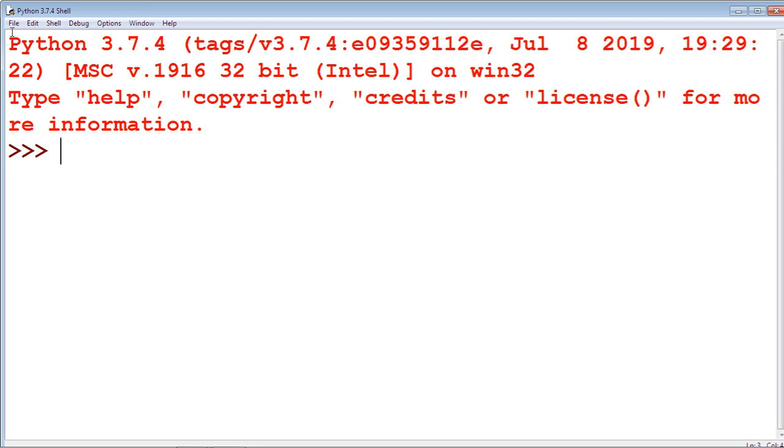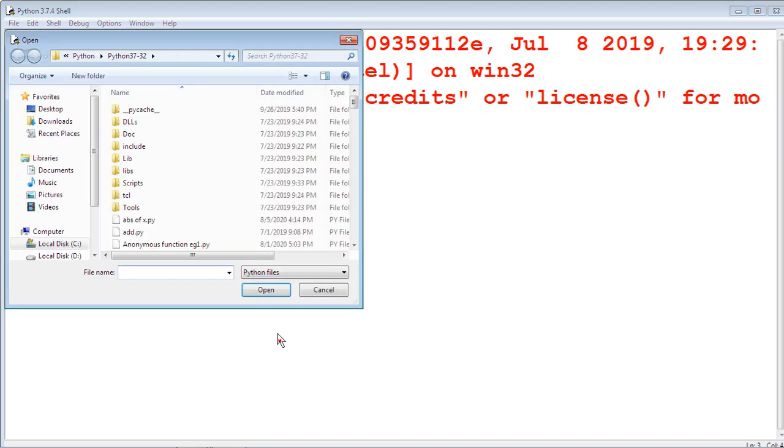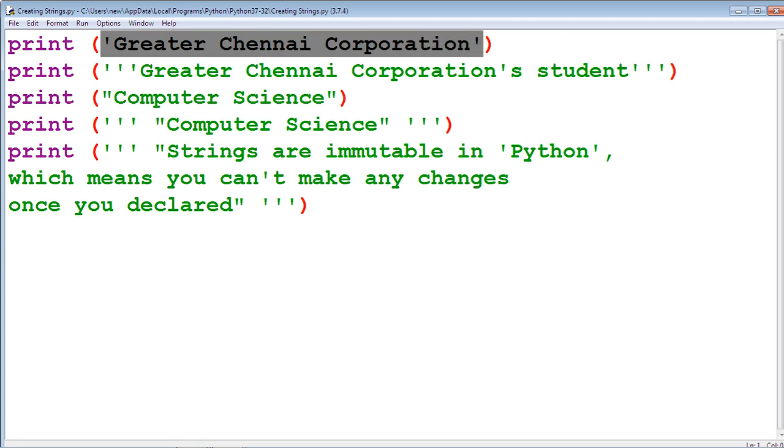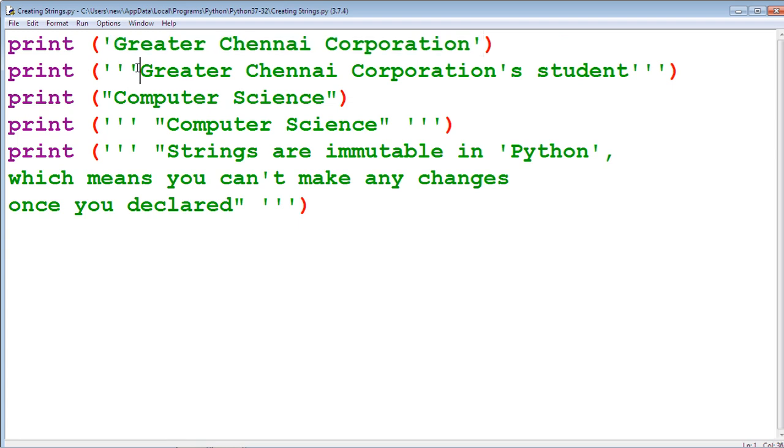Open this file. Creating strings. In the first example, a string is enclosed with a single quote. In second example, a single quoted string that is enclosed with a single quote.